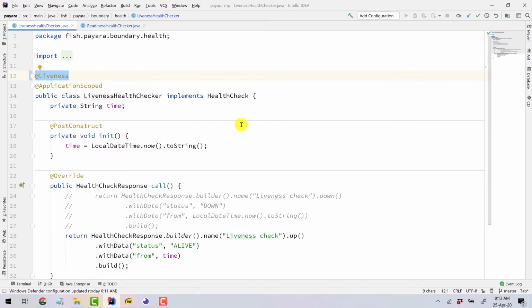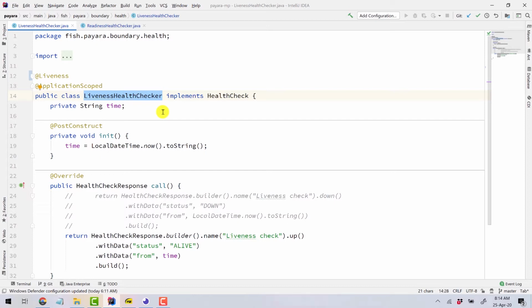Now, the Liveness Annotation is used to check if your application is live or not. That's all it does. So to implement Health Check, you annotate a class with @ApplicationScoped, as we've done here, because we want a single instance of this particular health check across the lifetime of the application. And the @ApplicationScoped here is a CDI annotation that scopes a single instance of this particular class for the entire duration that the application is deployed onto the server and it's alive, or it's